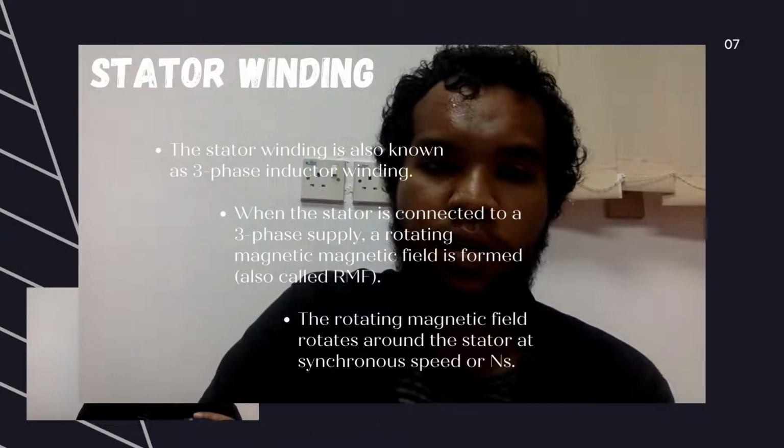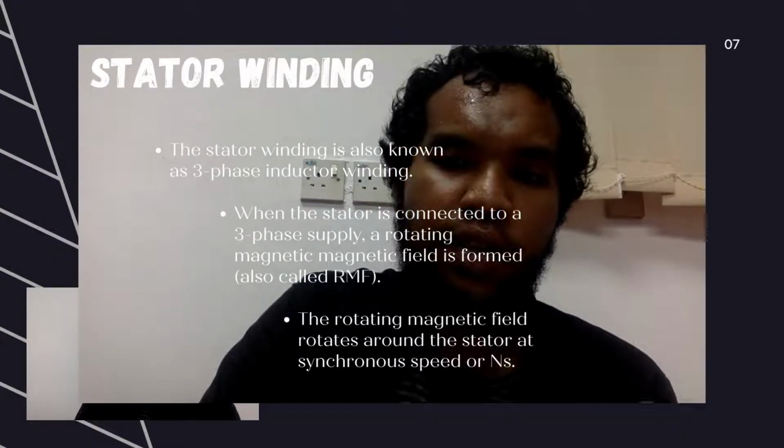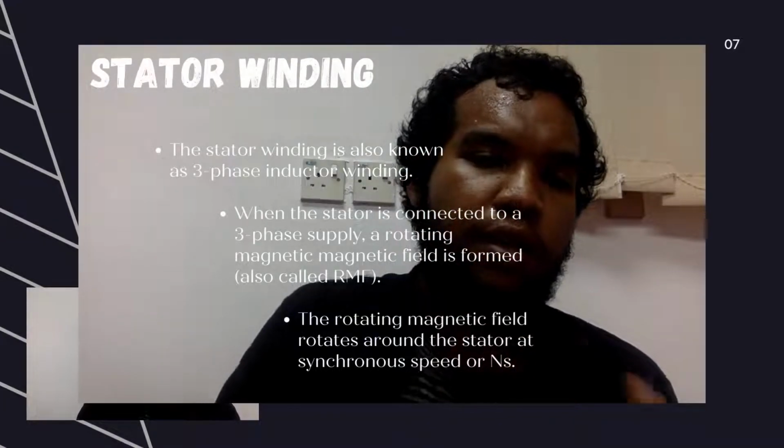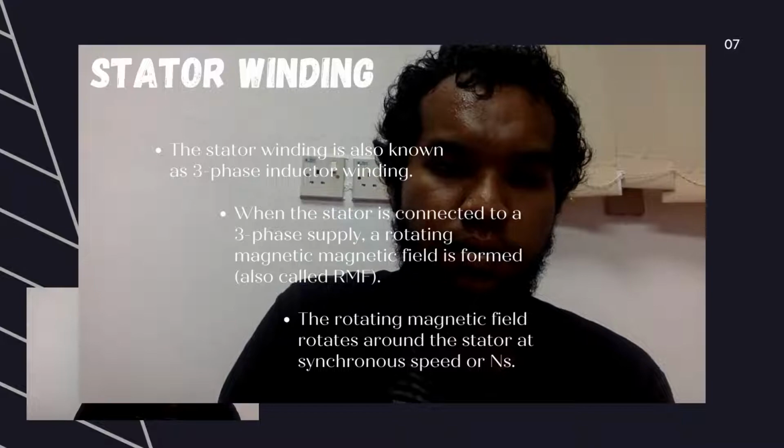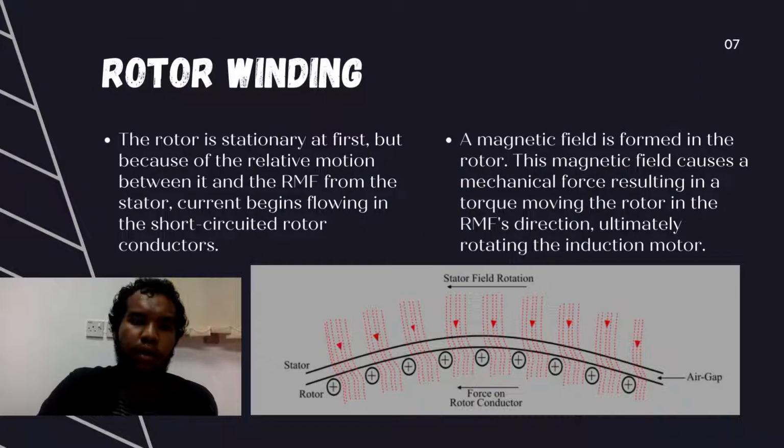There is a rotating magnetic field being formed in the induction motor, which is also called the RMF. As you can see here, moving on, we have the rotor winding. Initially, the rotor is stationary, but there is a relative motion between it and the RMF. As you can see in the diagram, the RMF, shown in red, goes through the air gap and cuts the rotor. Now, because the rotor is short-circuited,